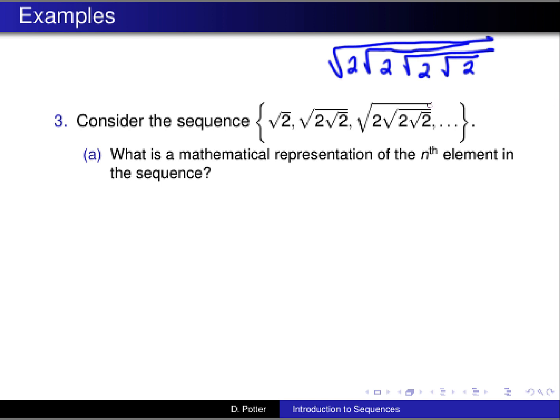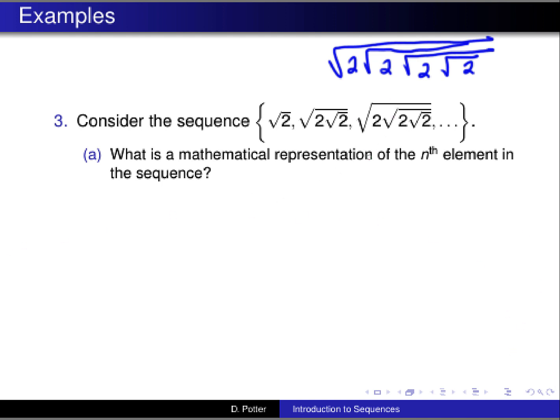So instead of having, in the first one I have 1 root, and the second one I have 2, a root nested in a root. The third one I have a root nested in a root nested in a root. Fourth one I got a root nested in a root nested in a root. So we can see that there's this pattern. Hopefully you see it. If I wanted to represent it, probably the most natural way I would think about it